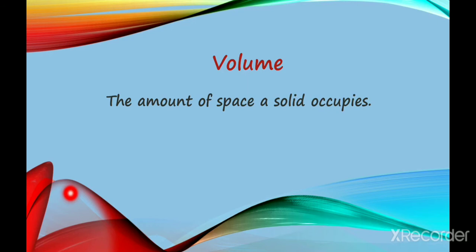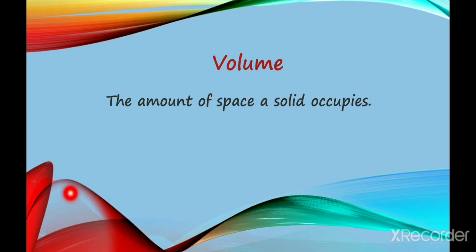In geometry there are different shapes and sizes, as you know, like cube, cuboid, cylinder, cone and sphere. Each shape has its own volume. But in the case of 2D figures like square, rectangle, triangle, we have only area, which is the space covered by these figures. There is no volume in that case.